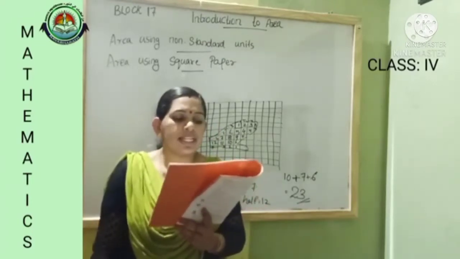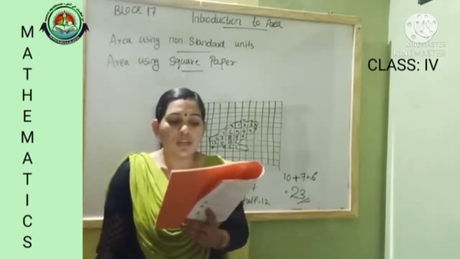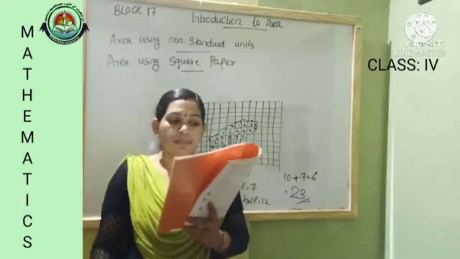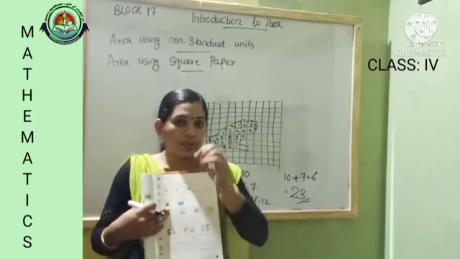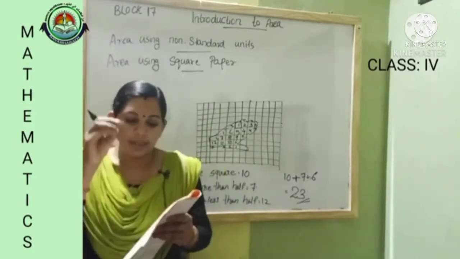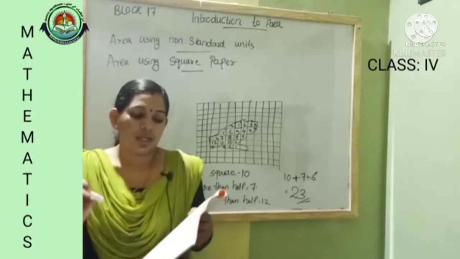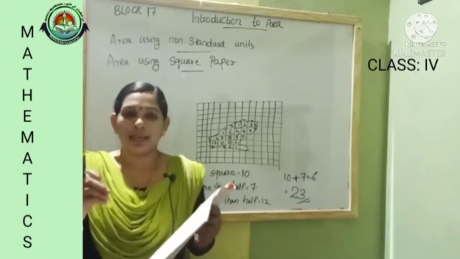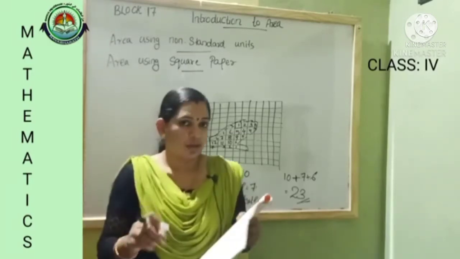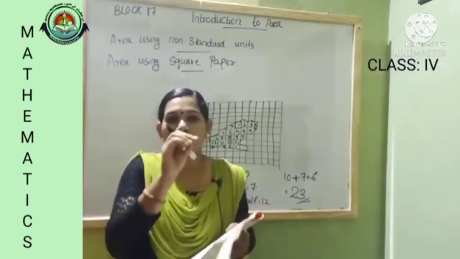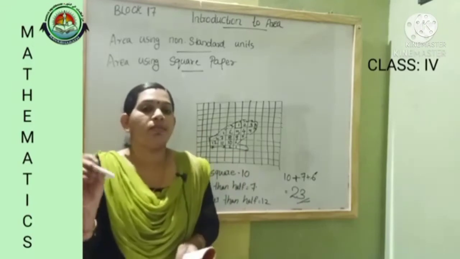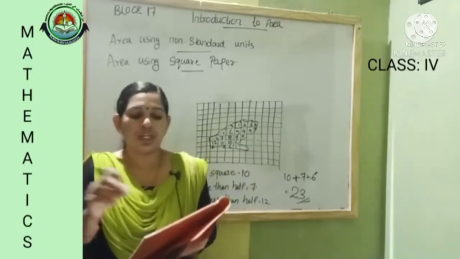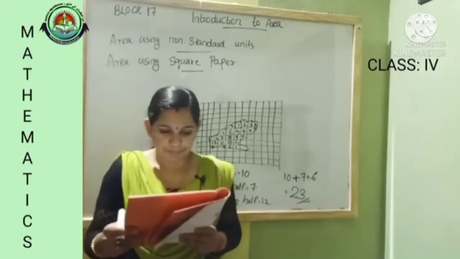Okay, second question. Estimate the area of each shape using beans and paper clips. Here some shapes are there. For the area, you just paste it. That beans or paper clips, small paper pieces, not paper balls. Paper clips means small paper pieces. You paste it, then you find out how many paper clips or beans you needed to cover that area.